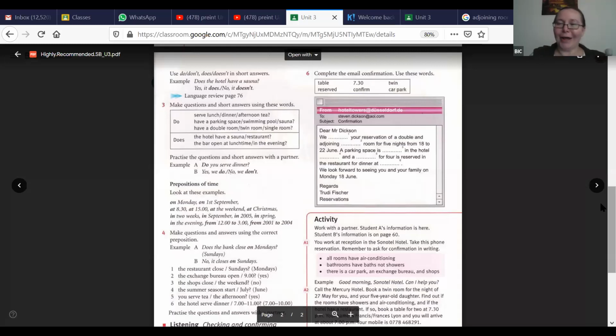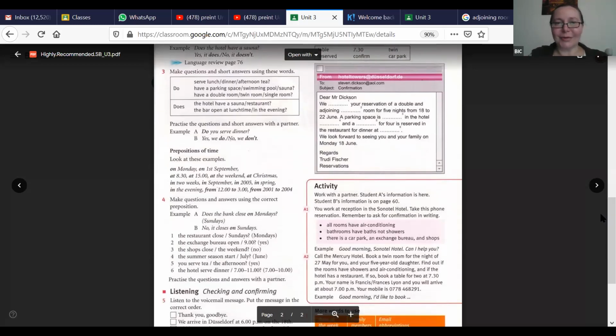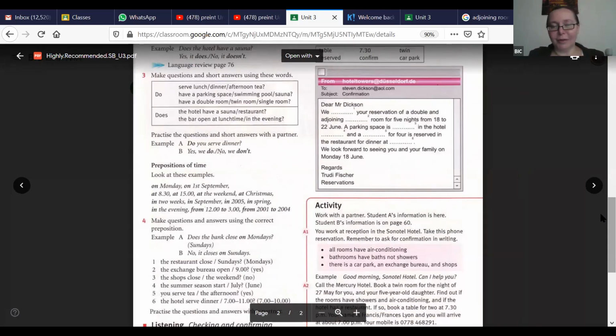I'm going to share it on the screen here as well. If you're not a new student, please use it from Google Classroom. If you are new today, you're allowed to use it from the screen. But if you're not a new student, please try to use Google Classroom, because I need everyone to be able to use it before the end of the lesson today, because I will be giving you homework. Okay? Han looks very happy about the homework too. So let's do exercise 3 now.